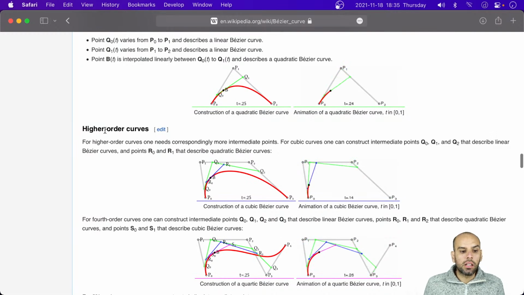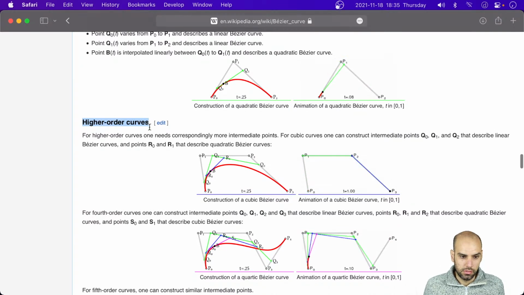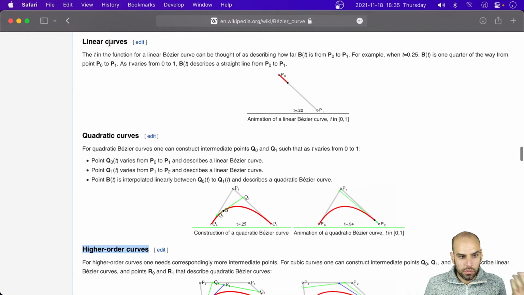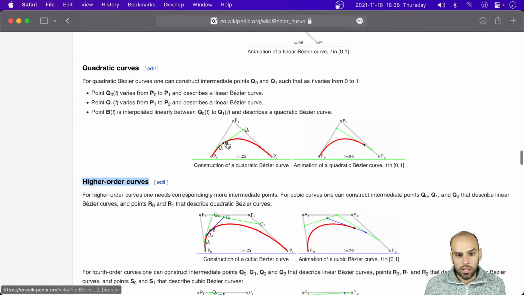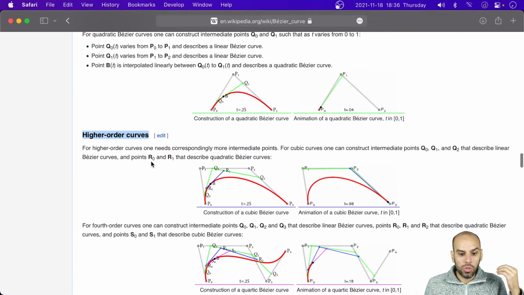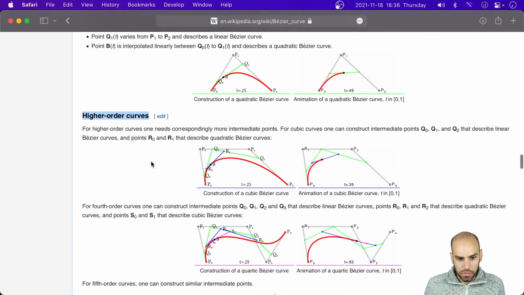And then on the Wikipedia article, they talk about higher order curves, but we are only going to go to cubic. So we have linear curves, they are straight lines. Quadratic curves, they are these curves with 2 points in a line and then a control point. And then we are going to do cubic Bezier curves, which are the most common Bezier curves you're going to